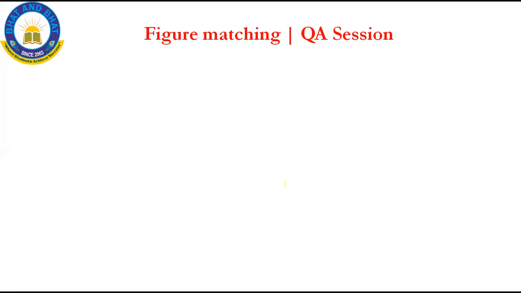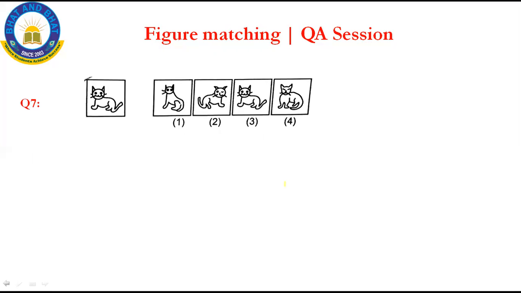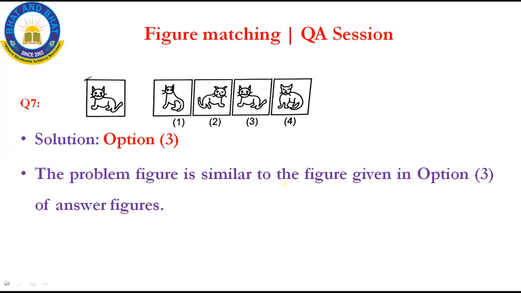the questions and answers. Now, yes, see your cat, meow meow cat, isn't it? Pussycat, pussycat. We have learned the rhymes in LKG, UKG, isn't it? Now your pussycat is your question. Now look at the question. A cat here is facing towards the left side. It has 2 ears and 2 eyes. Go with option 1 now. See, it is bulged, isn't it? So option 1 is not the correct answer.